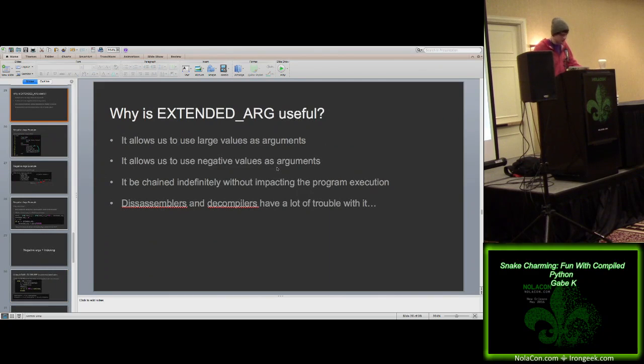And this is fun for a couple of reasons. It lets us use really large values as arguments, which is fine. That's what it was intended for. It also lets us use negative values as arguments. I haven't dug that deeply into how Python actually compiles it, but I have never, ever seen standard Python code output a negative argument value. And as a result, a lot of decompilers and disassemblers do not know how to deal. Actually, every single disassembler and decompiler does not know how to deal with a negative argument value. And it can also be chained pretty much indefinitely without hugely impacting the program's execution, because all it's doing is shifting and ORing, shifting and ORing, shifting and ORing, and bits just fall off the end as you're doing that. So,